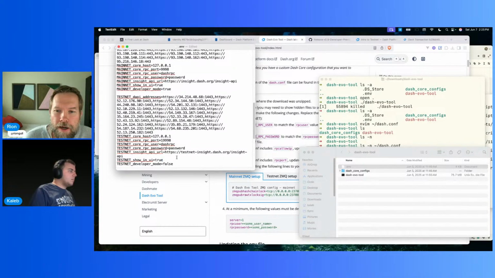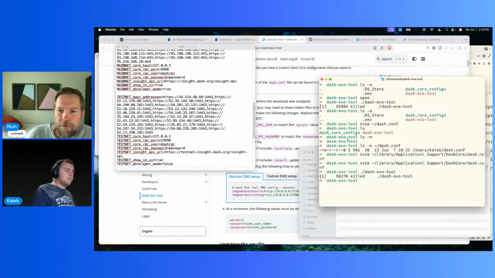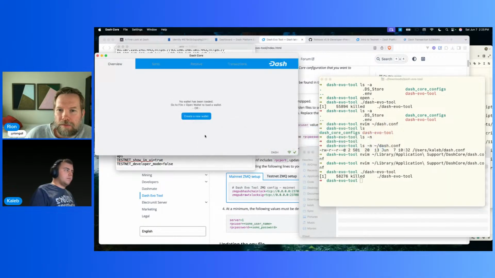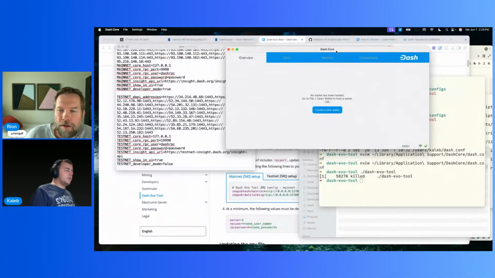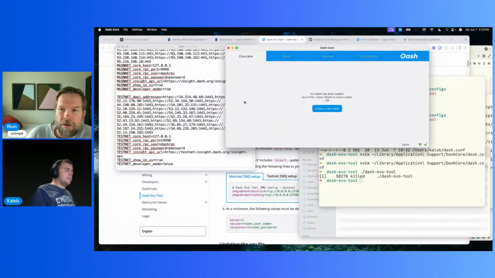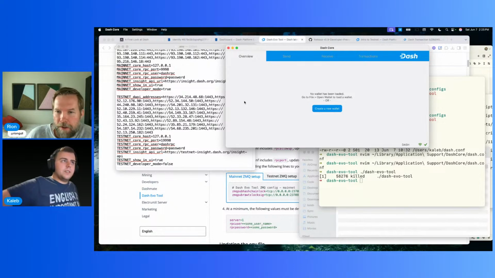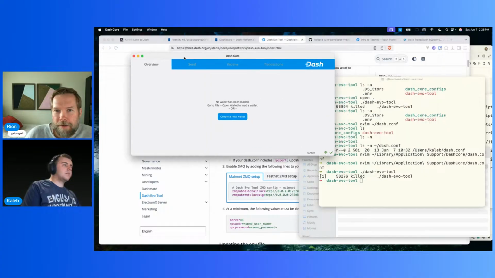Let's go ahead and open up the testnet as well, just so that we can rule that out as being in Dash Core. The fact that you don't have any wallets, which you just downloaded Dash Core this morning, right? So you haven't done anything with this other than download it and install it. So creating a wallet might help. We can try that first. Let's go ahead and create a new wallet